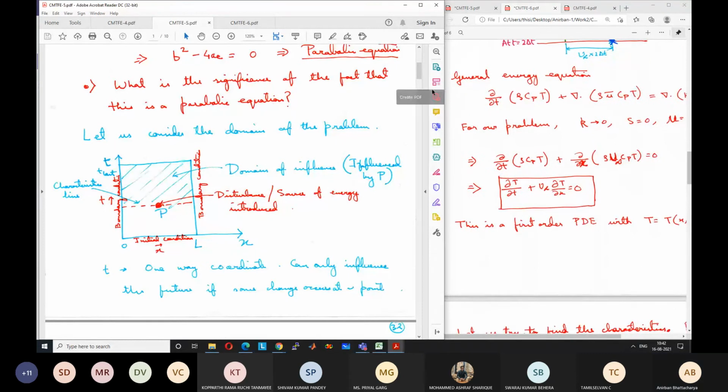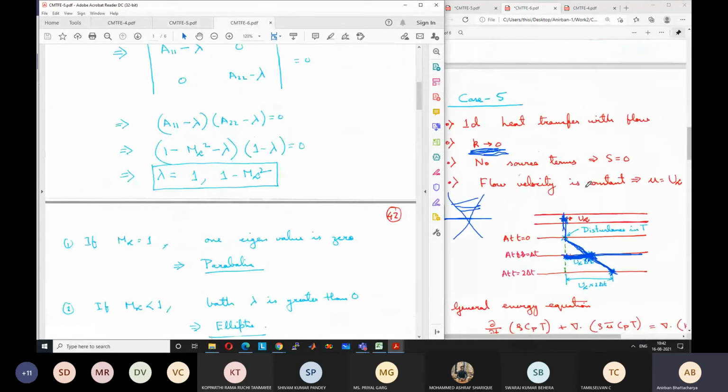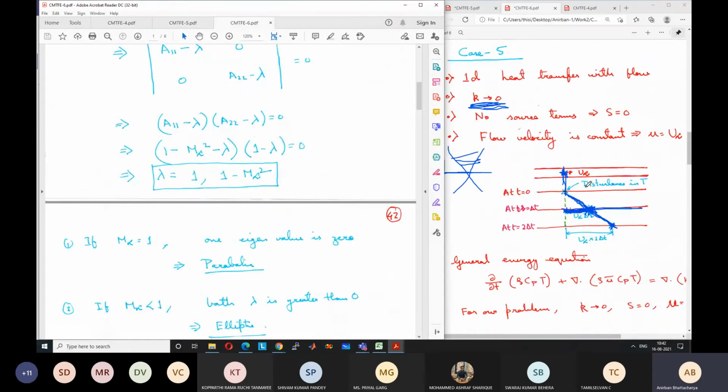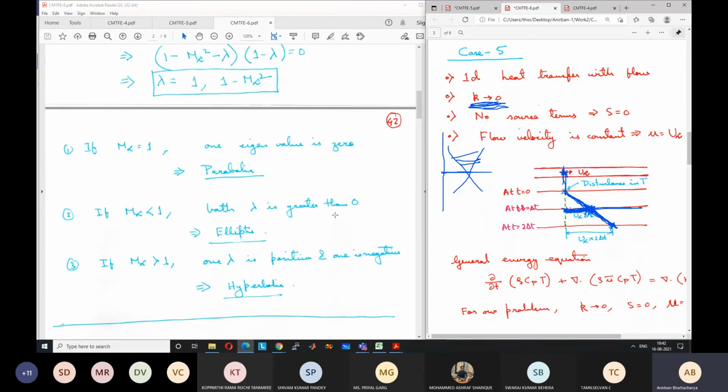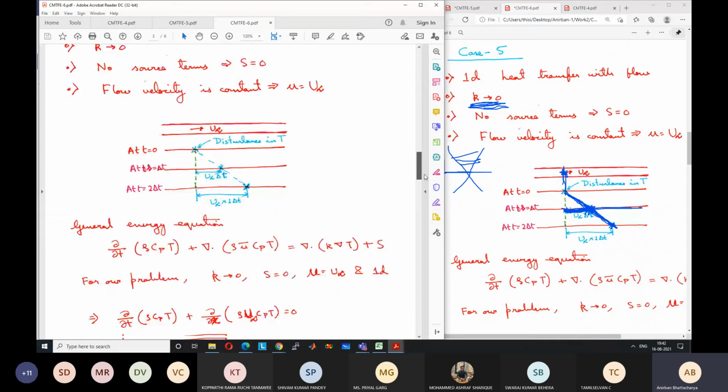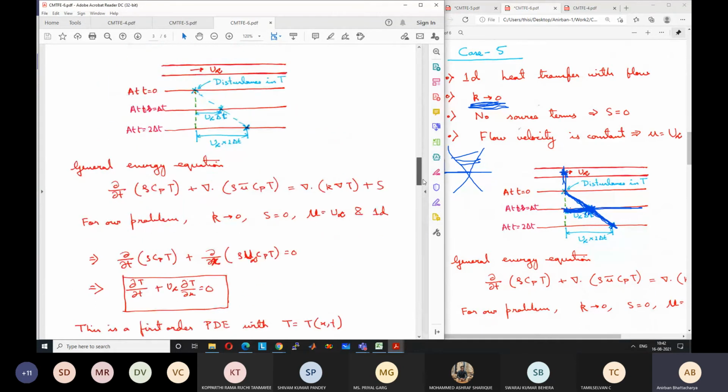But how many characteristic lines are there? Because here the information is just bounded by the single line. So there is actually only a single characteristic line. What I am trying to show here is that even for a hyperbolic equation, there may be a single characteristic line. It need not be two characteristic lines. In our cases, we have two characteristic lines because we have a 2D equation.